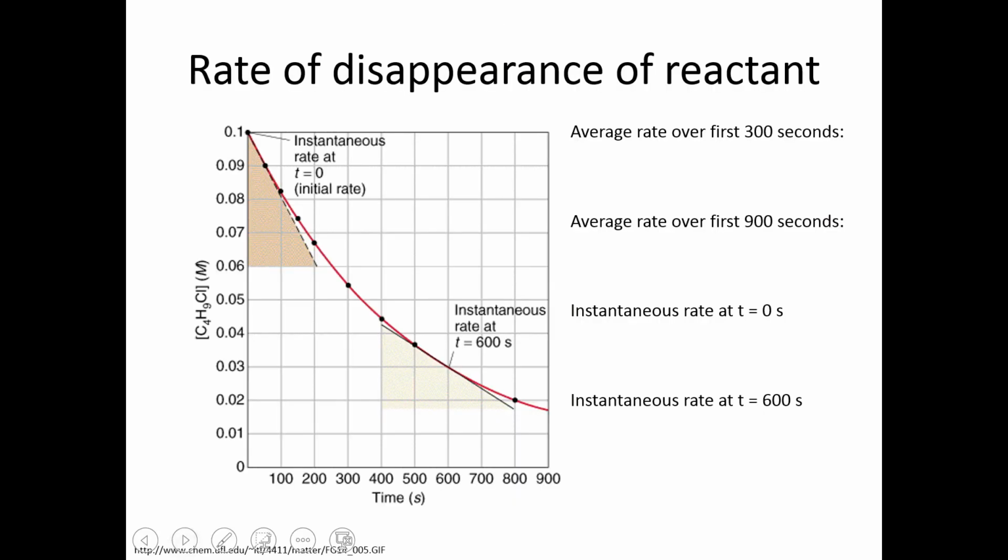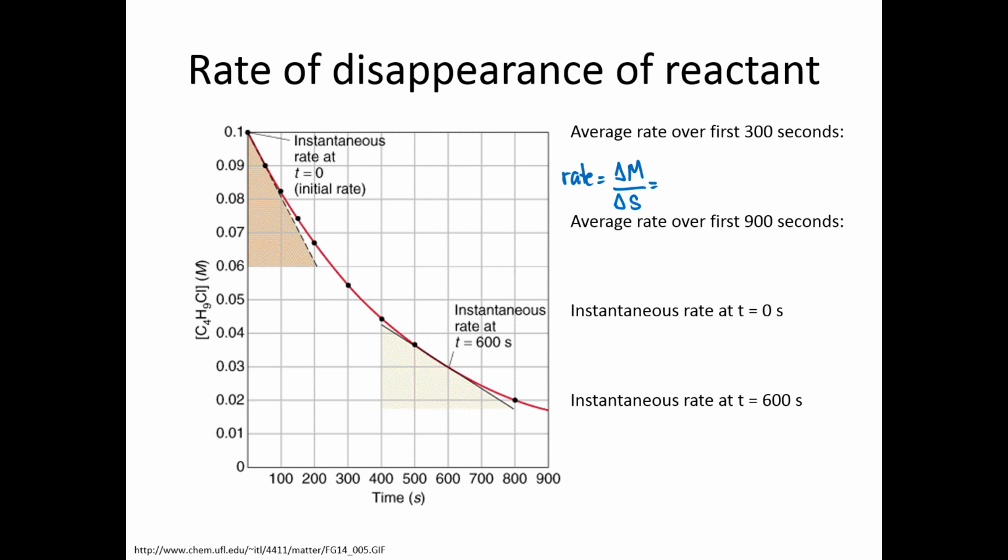So let's look at an example of this. Here's a set of data. And let's look at how we calculate both the average rate and the instantaneous rate. So first, let's look at the average rate over the first 300 seconds. So the average rate is just going to be the change in concentration divided by the change in time,